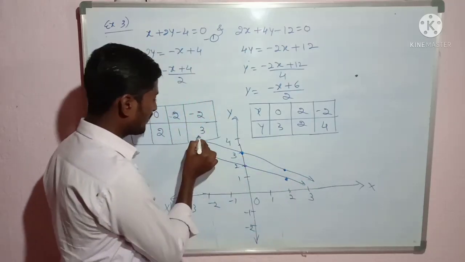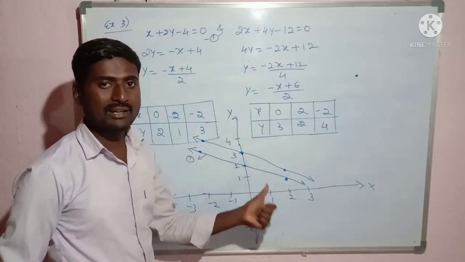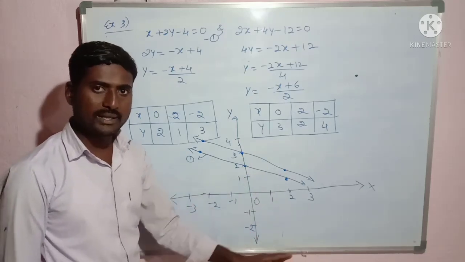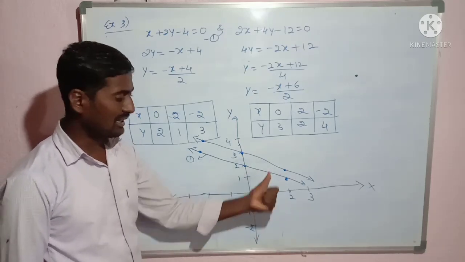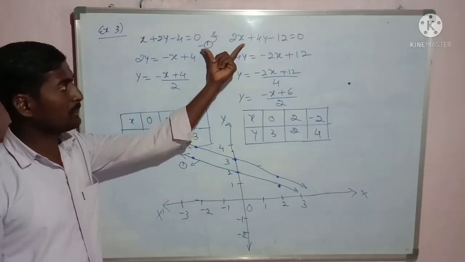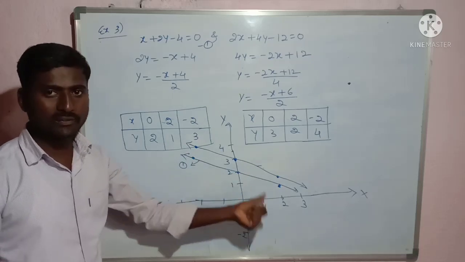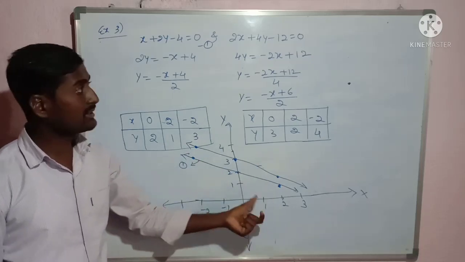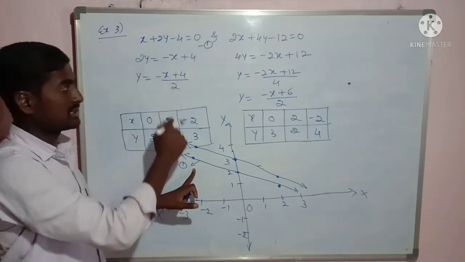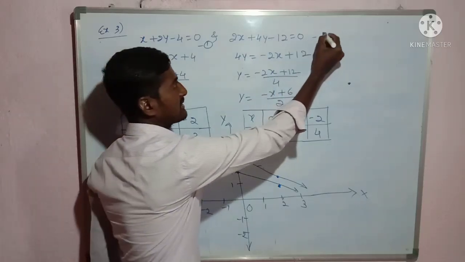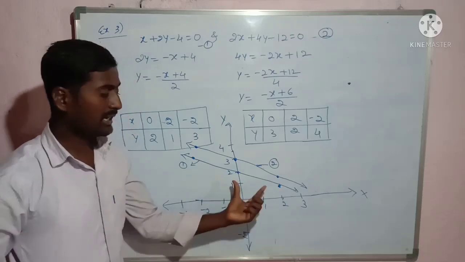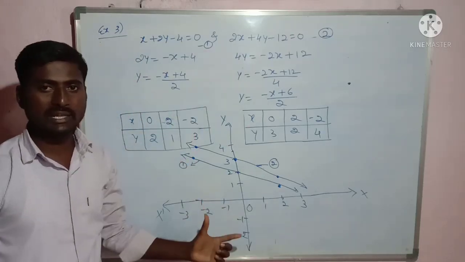Now here you are getting two lines that are parallel to each other. If you draw this graph on the graph page, you get clear lines, and they are parallel to each other. This represents the given pair of linear equations in a geometrical form. This is for the first equation, and I will take this as the second equation. So this is the geometrical representation of a pair of linear equations.